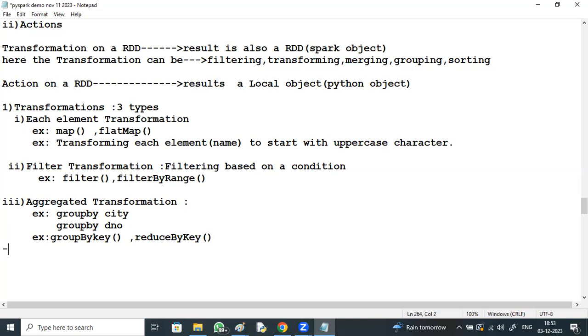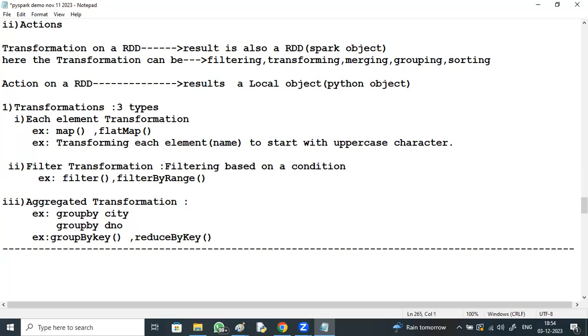I'll be discussing practically, right? That one by one transformation, what it is going to perform, what output it is going to give. It is compulsory in PySpark that you need to know what output you are going to get. You need to know for every line what output it is giving and what will be the input to the next flow.